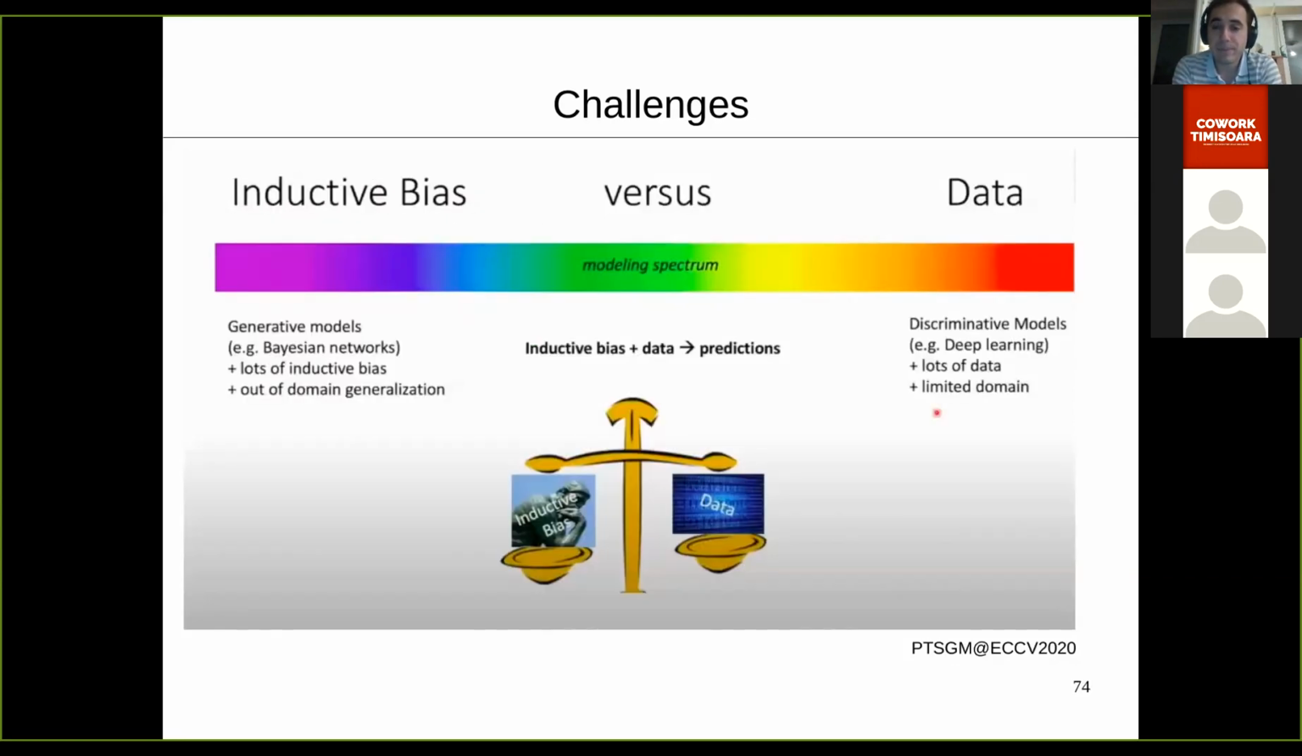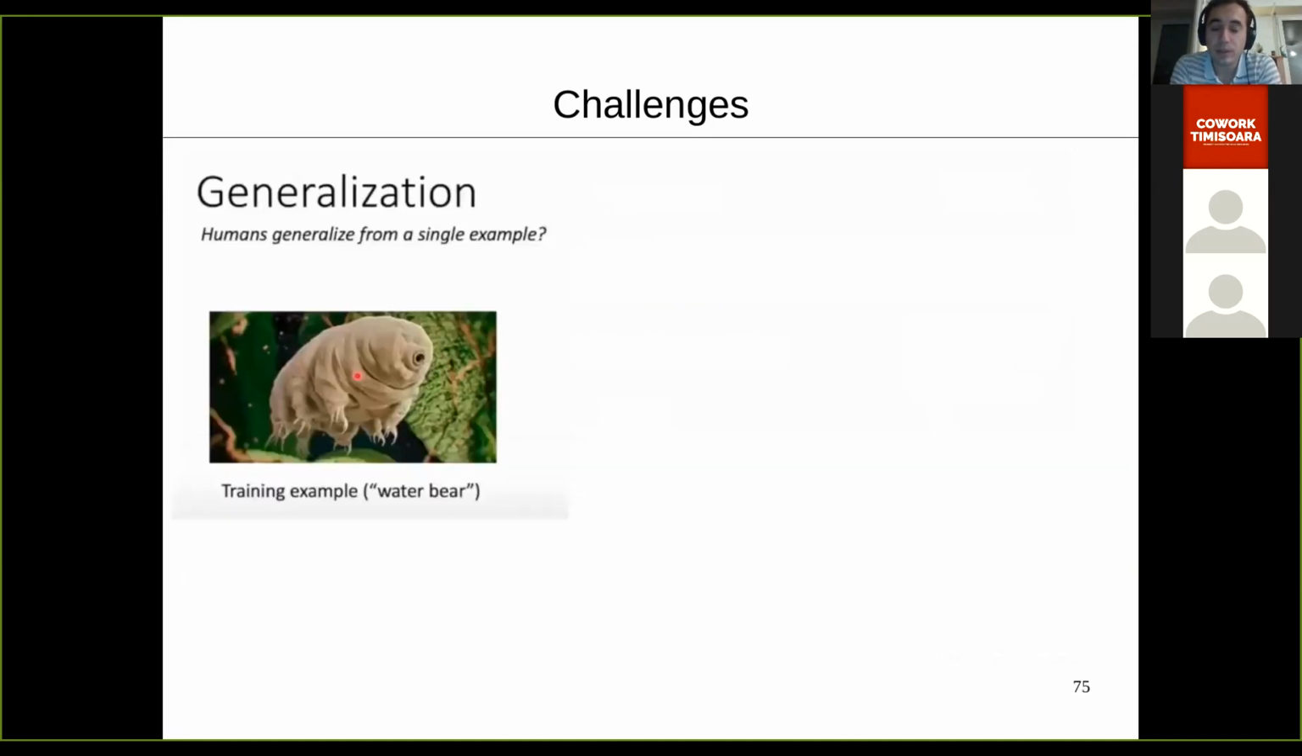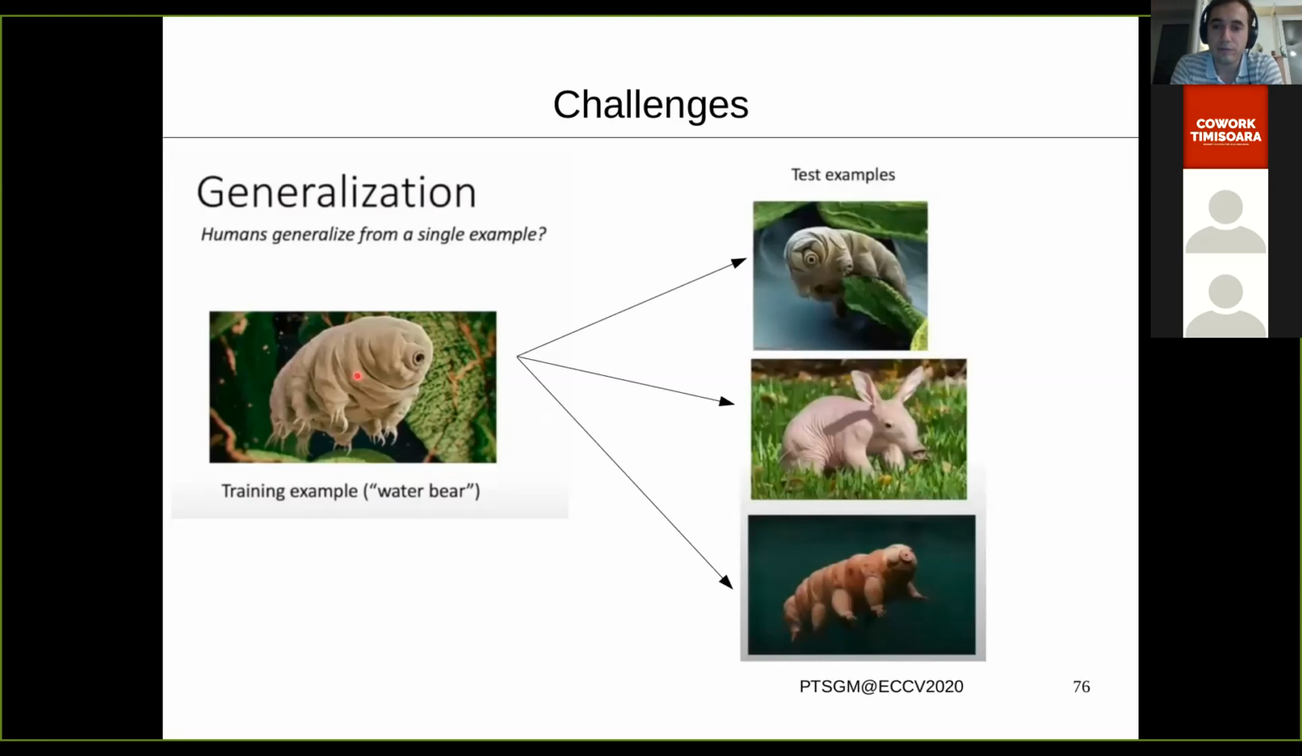But we as humans don't need tons of data. We have a representation of the world inside, we know the physics laws, and we don't need thousands of images of one type of animal. It can be the first time that you see it. For example, maybe for some of you this is the first time that you see a water bear. So I don't have to show you thousands of images to recognize it in different postures. If I give you 3 other test examples, you can recognize the same animal, the water bear,